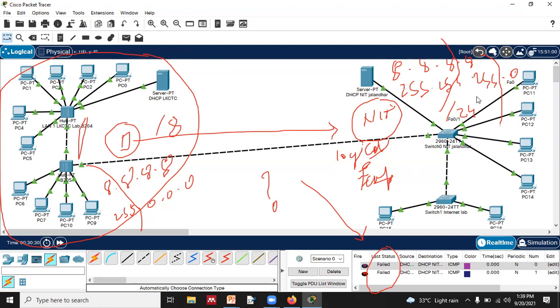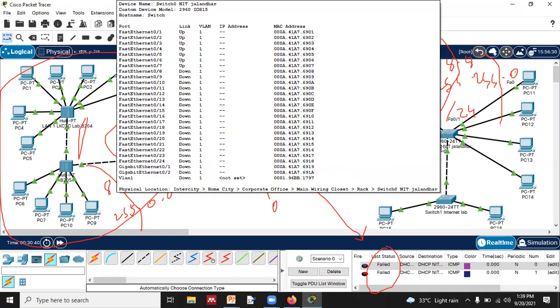This is how we can reduce the network by increasing the network bits. You understanding? So by increasing the network bits, we are able to decrease the size of the network. If we have only 10 devices, then what we will do, we will borrow more bits from the neighboring octet, right? So we are left with only 8 bits in the last octet. If we want to decrease the network, again resize it to something around 2 or 3 devices or 10 devices, we will borrow more bits in the last octet, right?